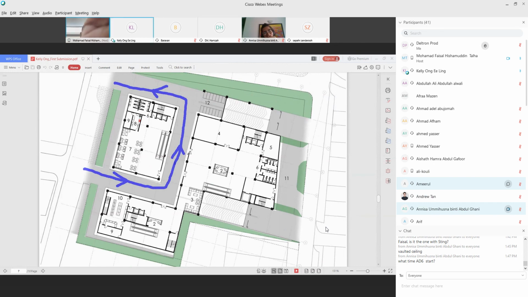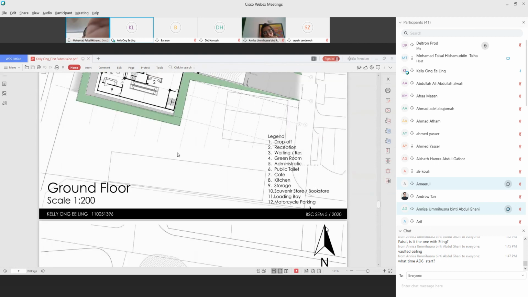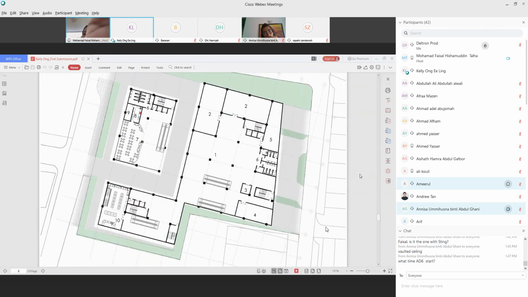I don't know. Let's see upstairs. Oh, so you cut your building? Yes. Okay. Then in front here there's an access as well, isn't it? This one is the loading bay. Loading bay. Yeah. Because this is the ground floor, this goes inside the basement, and then this is going out.